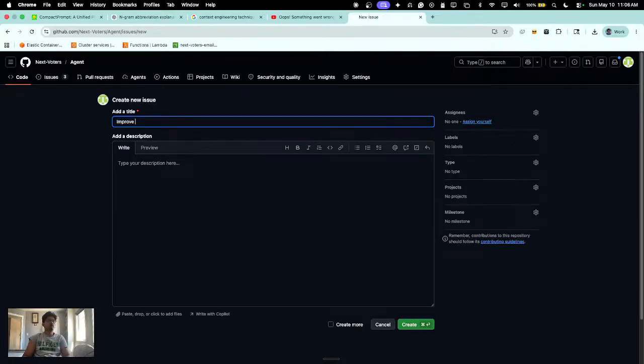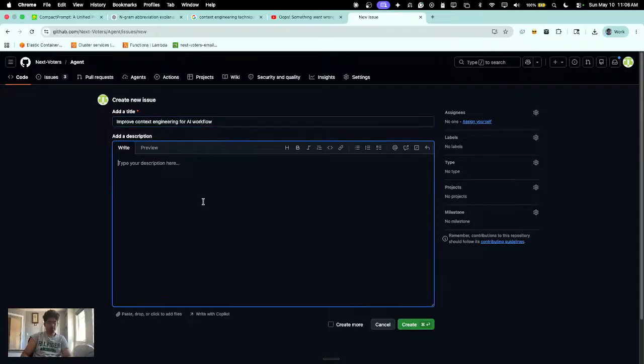Improve context engineering of AI workflow. Once the multi-agent architecture has been fully built,